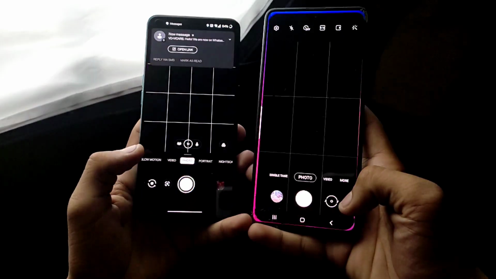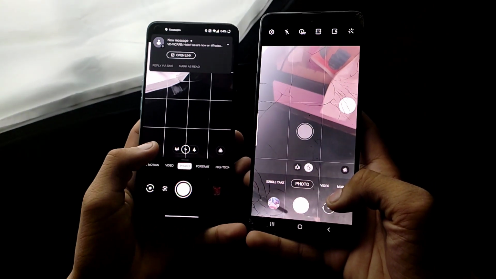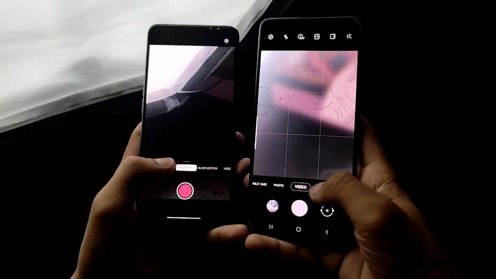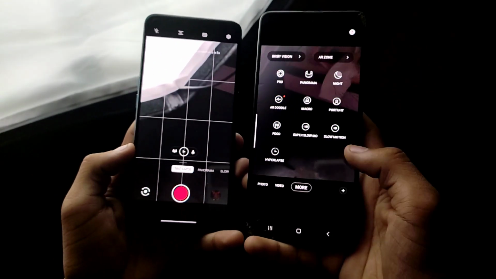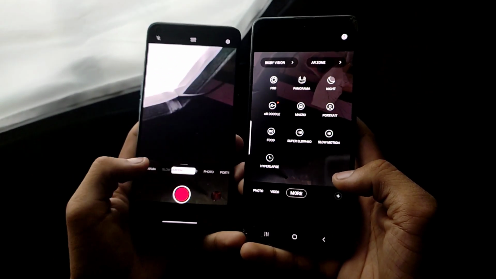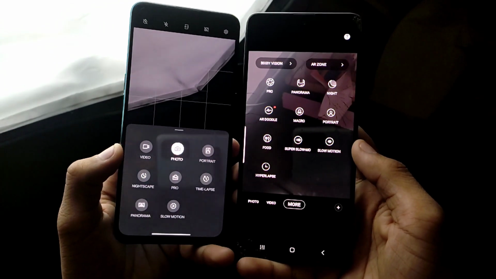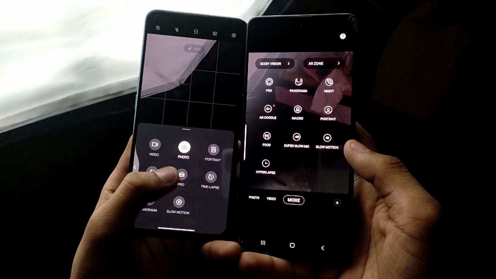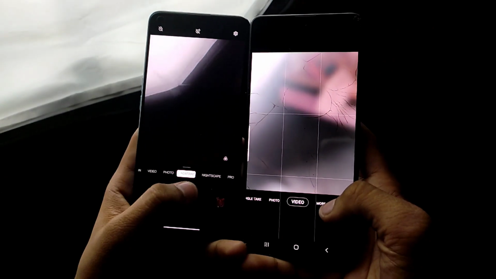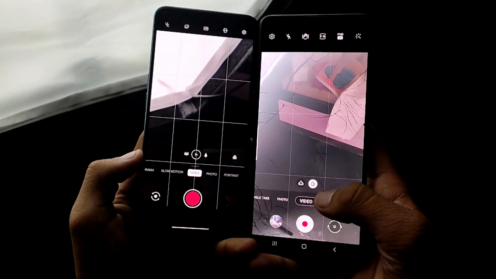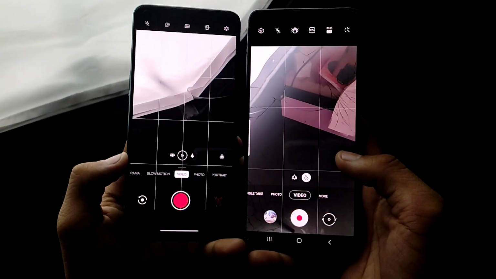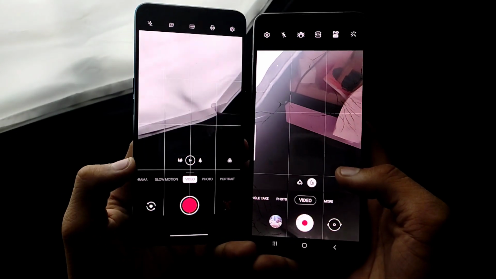Now let's talk about the camera UI, because the camera UI of both UIs is getting better with time. One UI has a different type of camera UI compared with OxygenOS. OxygenOS 11 is a bit better than One UI. OxygenOS 11 has more customizable features in the camera UI compared with One UI.